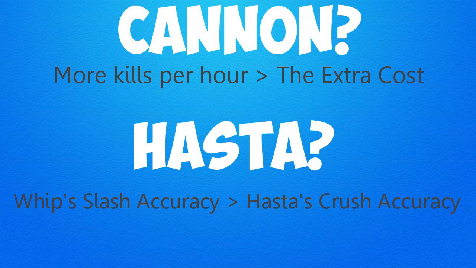max melee gear setup that I was using before, my slash bonus is 105 with the whip. With that same gear setup on, my crush bonus with the Hasta is only 88. So your slash bonus with the whip is significantly higher than the crush bonus with the Hasta. So even though they're weak to crush, it equals out because your whip is more accurate, it actually is about the same. And at the moment, Zami Hastas are very, very expensive, so it's best to just stick to